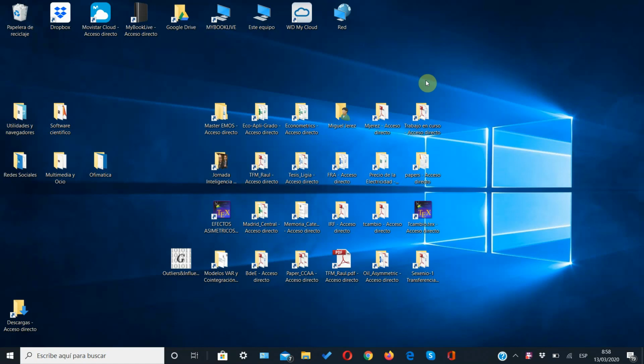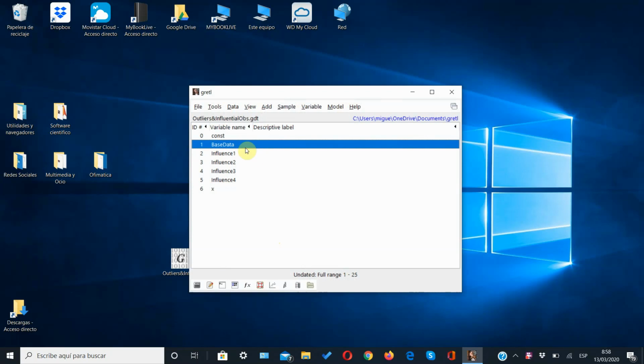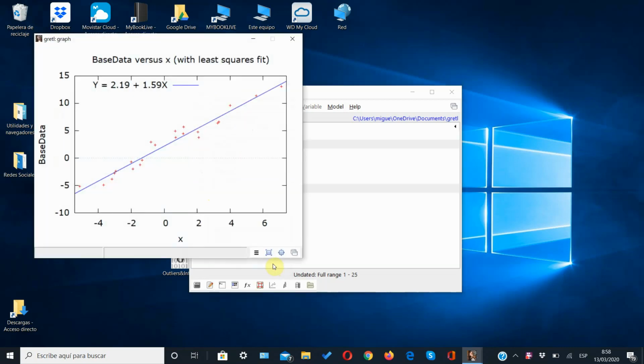Hi guys, we are going to review now the practical case corresponding to lesson 5.2, Outliers and Influential Observations. First, you need to download the file from the virtual campus and then execute it. You load it in Gretl, and then you will see that you have 5 different cases for the y variable and a single regressor. If you choose base data, Control-click X, and then right button XY scatter plot, click OK,